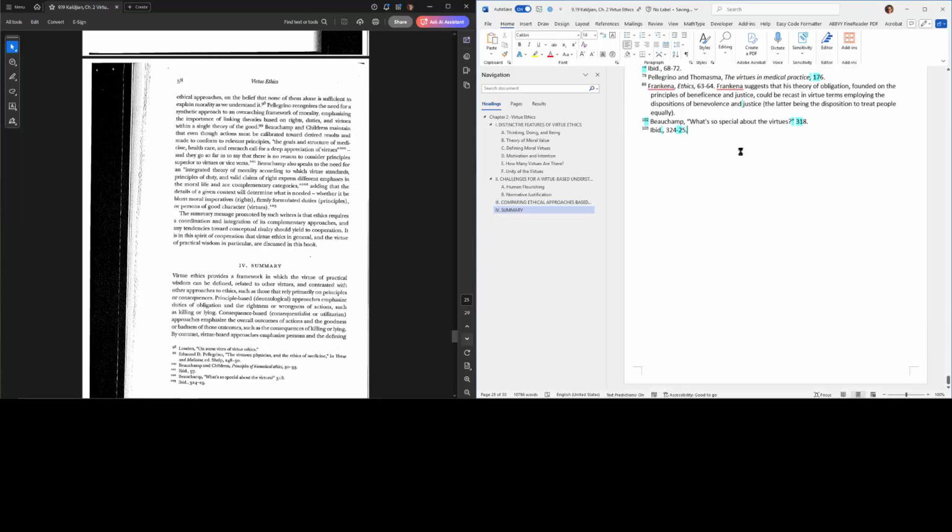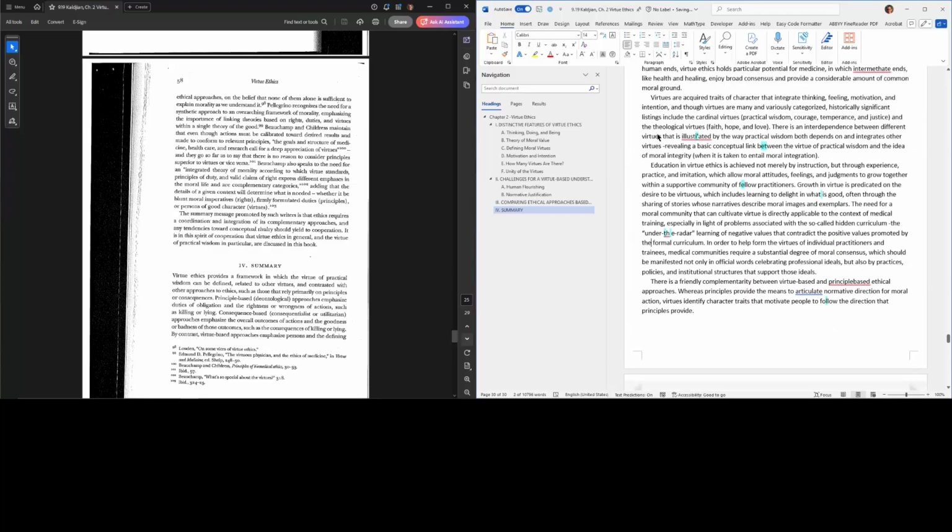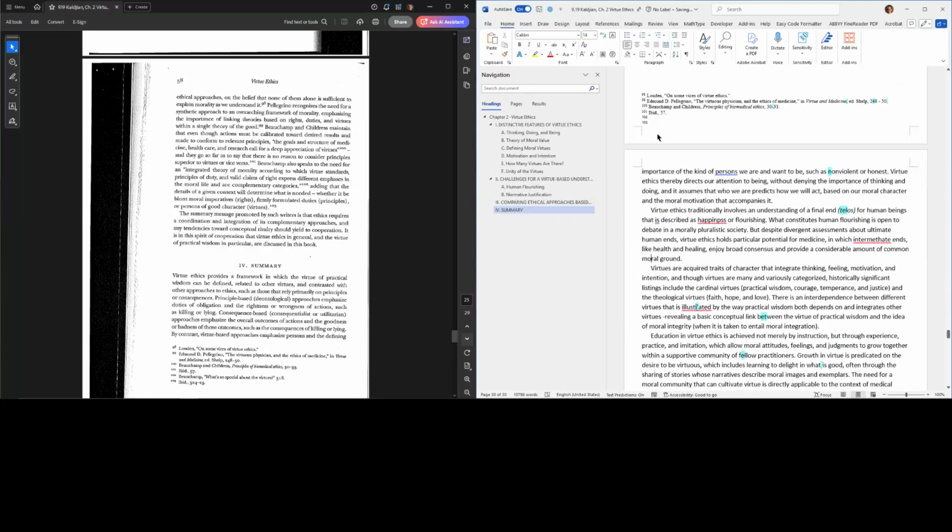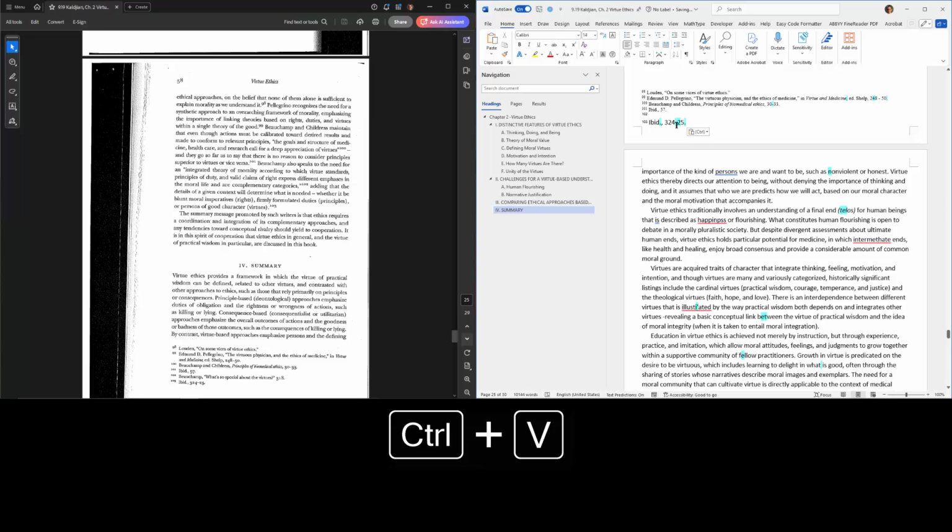I'm going to go to the bottom of the document and grab both of those. Copy them separately so that I can use my Windows V clipboard manager. And let's see if that looks right.